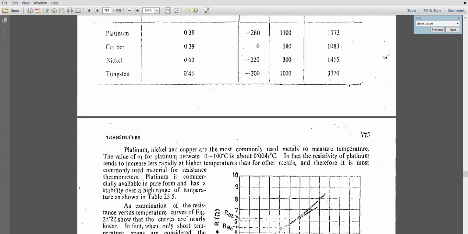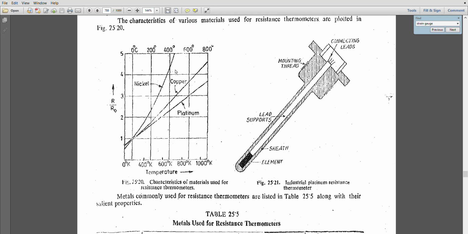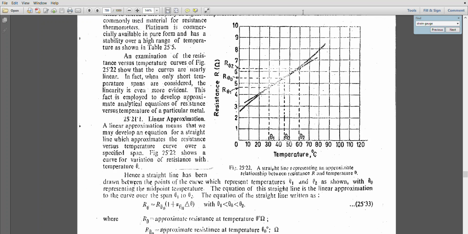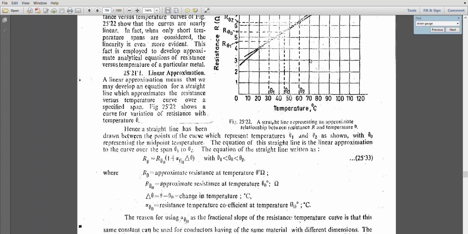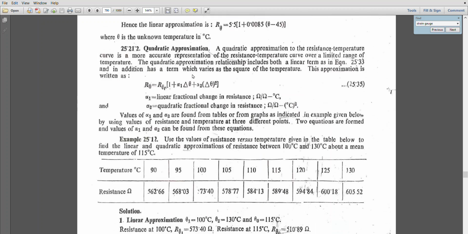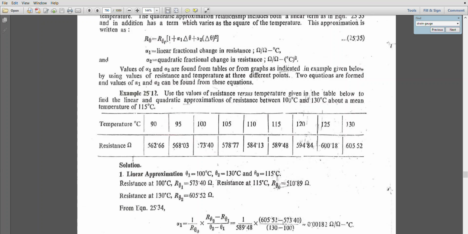But most of the RTDs, the resistance temperature detector material, will also have an asymptotic type, so you need to go for quadratic. So what does that mean? I will fit a line, and that line's equation is y equal to mx plus c or something like this. So you need to find how to get the linear approximation equation and the quadratic approximation equation